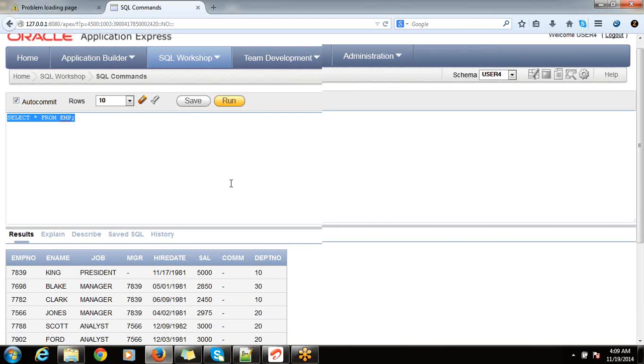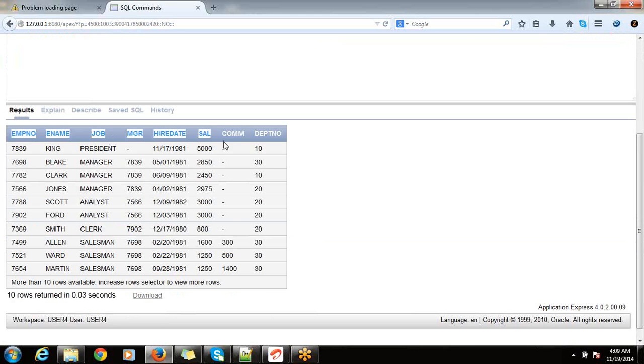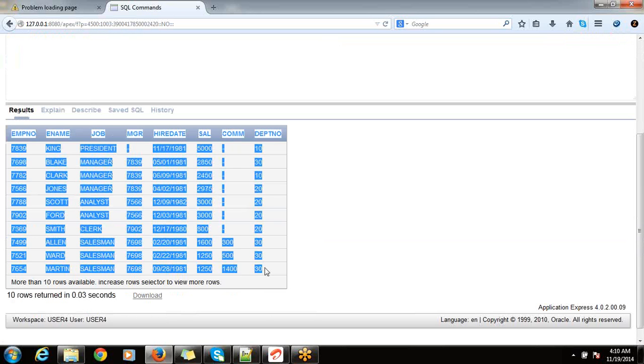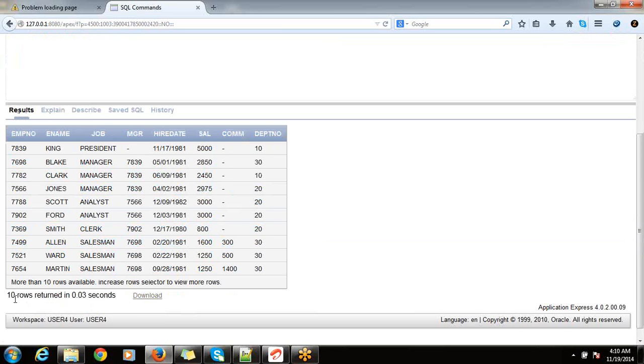And you can see results. So this is the complete employee table with employee information, and you can see 10 rows were returned in so and so seconds. It means there are 10 employee details displayed here.